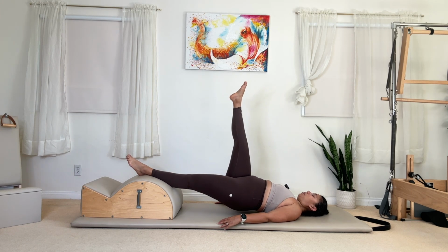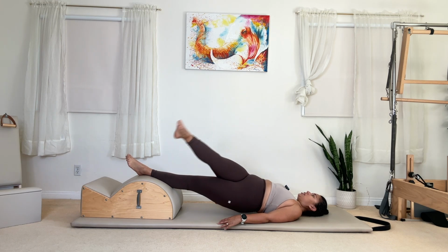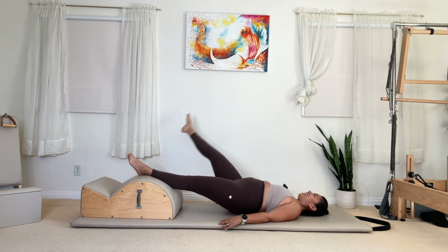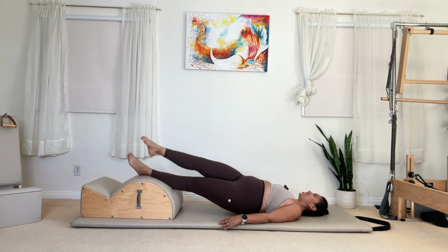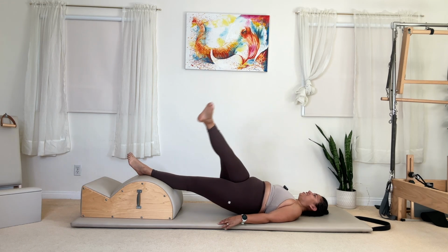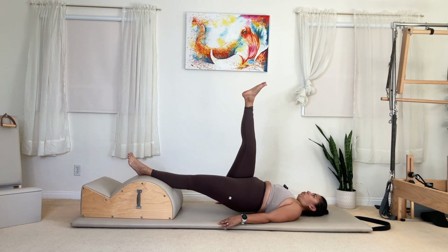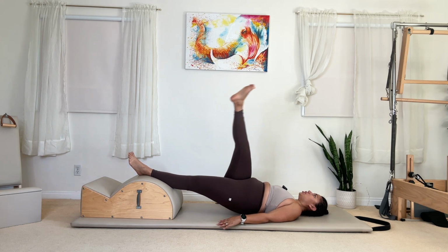Lift the right leg up, single leg circle. Across, down, around, and lift. Across, down, around, and lift. You try to stand through your left leg. So it really gives a different meaning to your stabilizing standing leg. Switch directions. 5, 4, 3, push into your arms. 2, and then on 1,